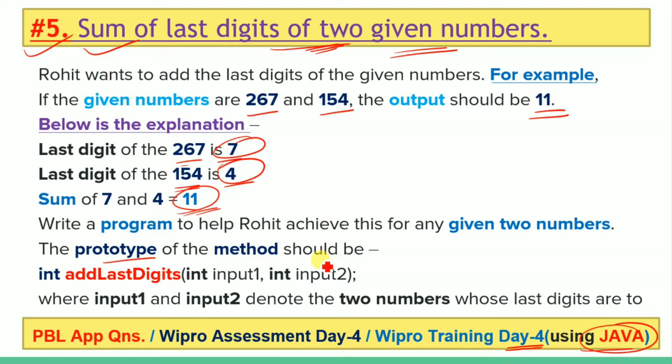Also given that the prototype of the method should be int addLastDigits, passing two formal arguments as an input, that is input1 and input2, where input1 and input2 denote the two numbers whose last digits are to be